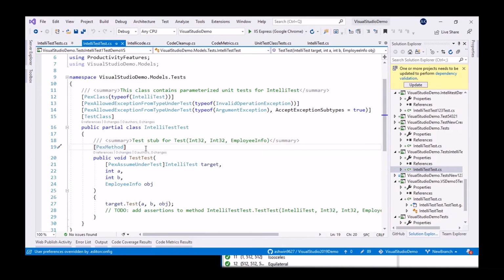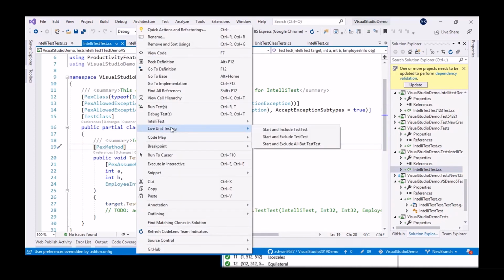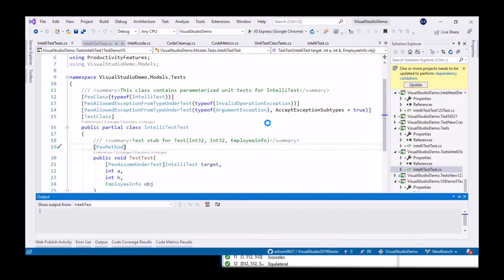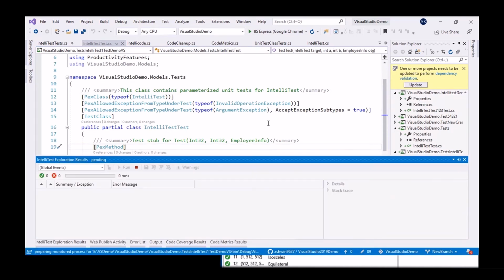And we'll see how to run this. Here, right click on it. Here you can find Intel test in a similar way. If you select Intel test, you can find the option called run Intel test. It is not asking to create Intel test because it is already created. So just click on run Intel test. This will open the Intel test result window, and it will take a couple of moments to produce all the test results.